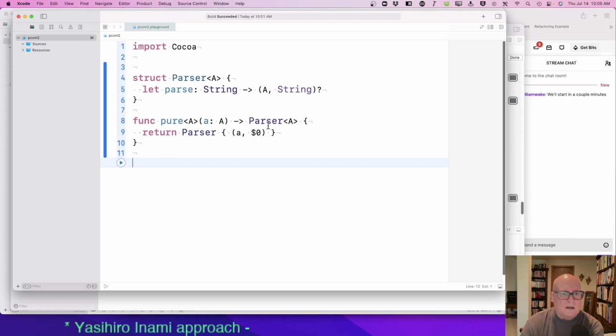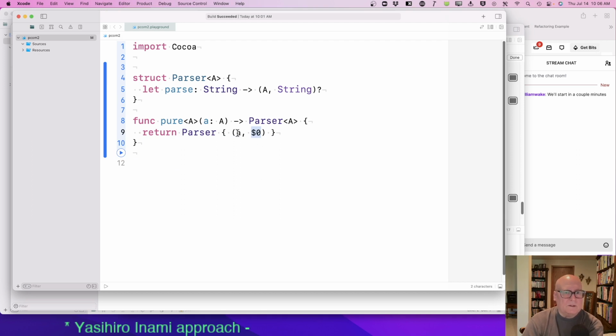The parser it creates is an A at whatever position you gave it. So it's kind of like injecting a value at the front. So the input string is $0.